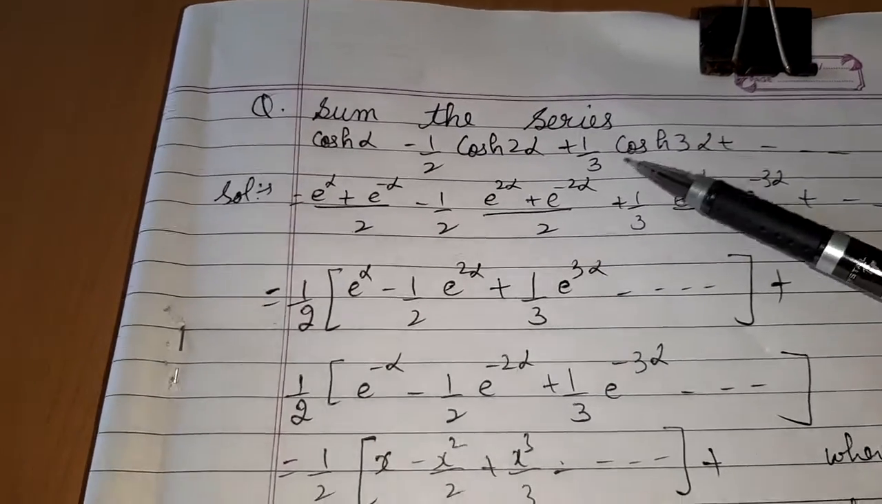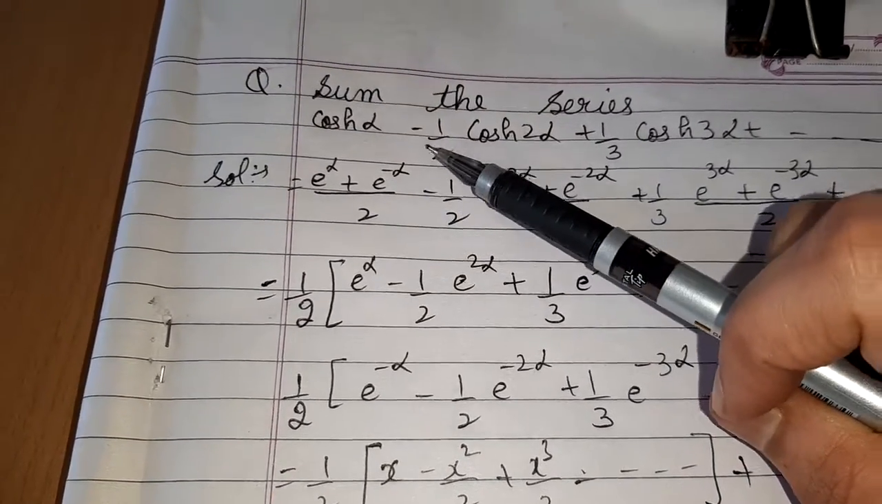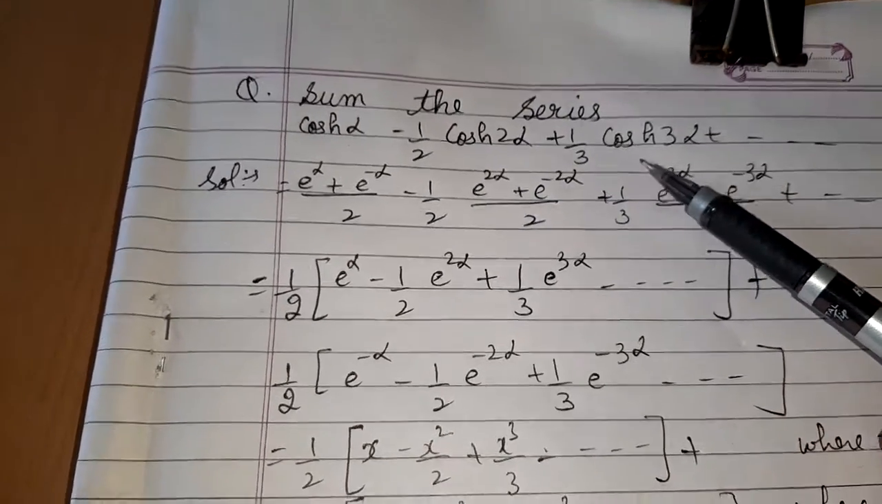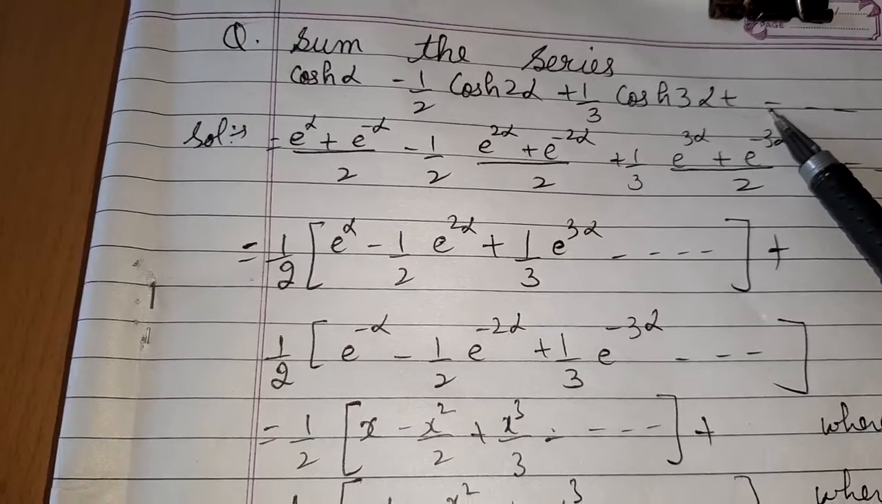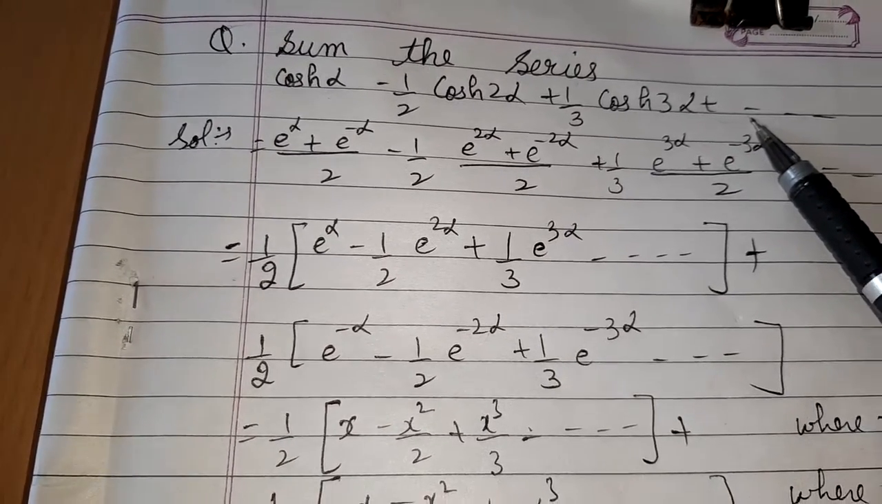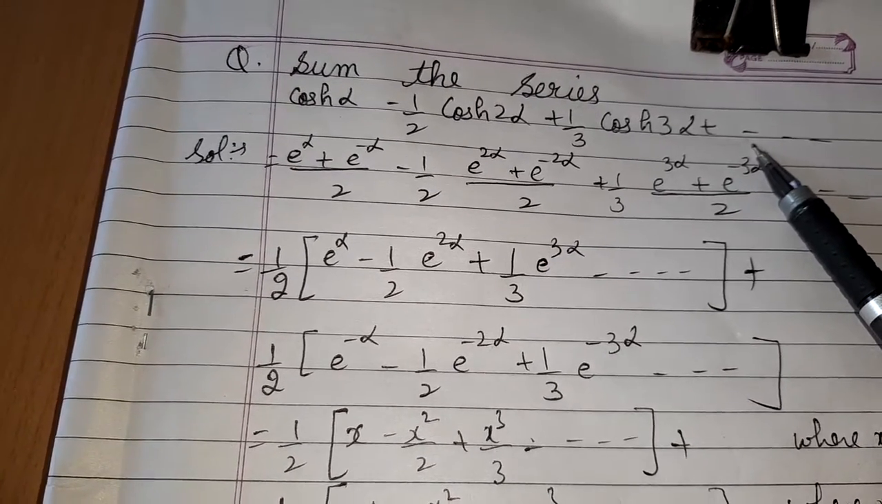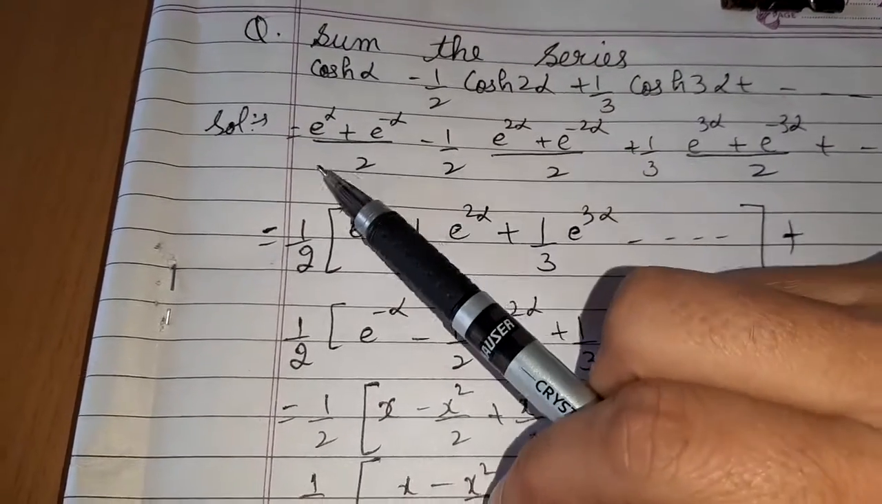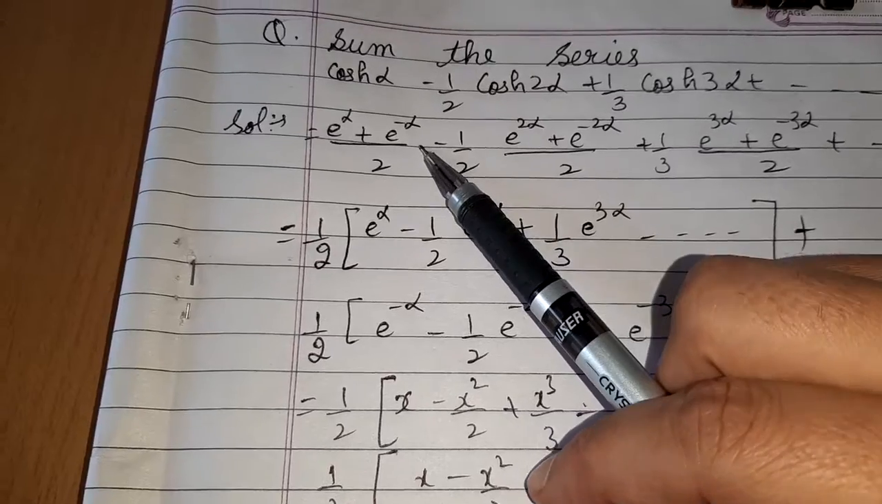Next question is sum the series cosh alpha minus 1 by 2 cosh 2 alpha plus 1 by 3 cosh 3 alpha plus so on. Now this is a cosh series. So step 1 is to change cosh alpha as (e raised to power alpha plus e raised to power